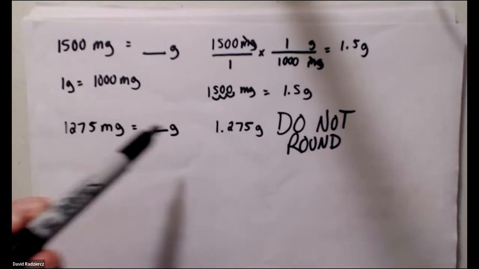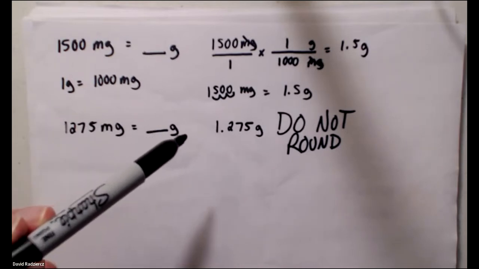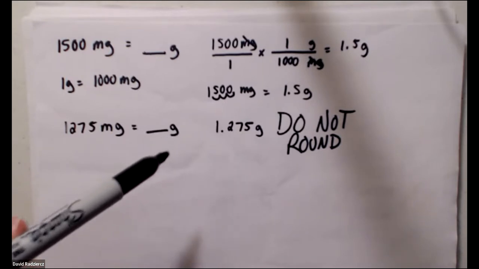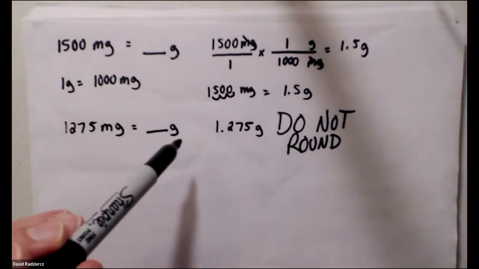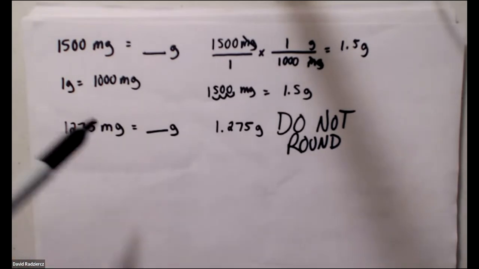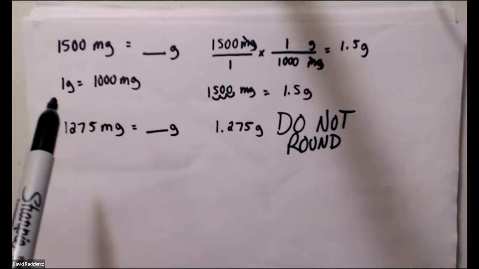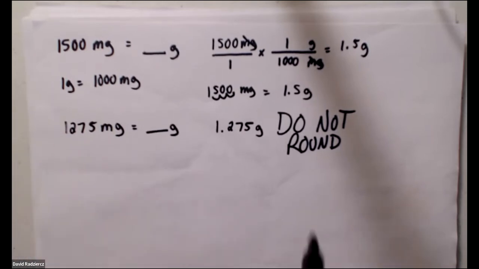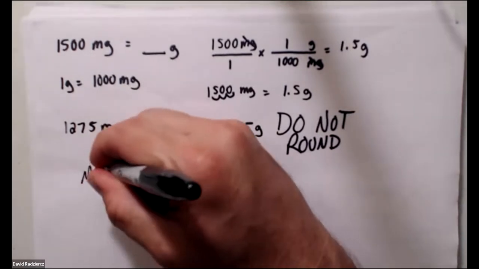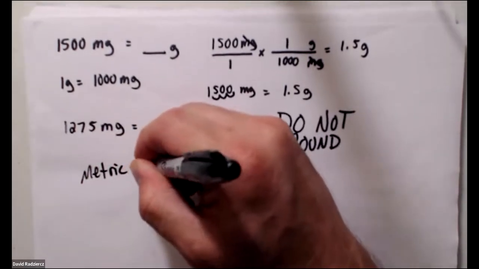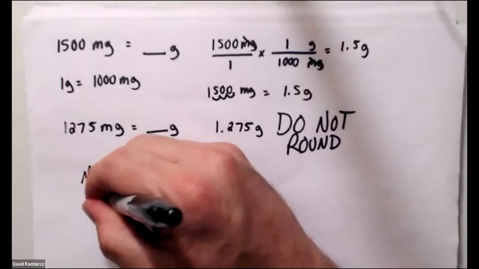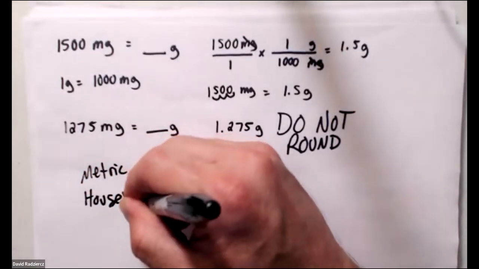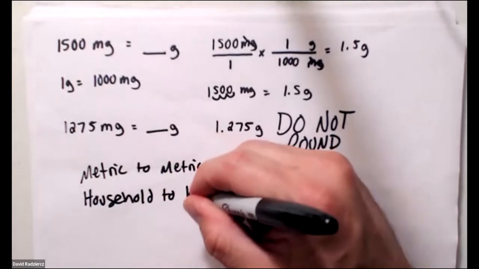You don't round when you're just doing basic unit conversions, but when you're constantly being told, make sure you round, don't forget your rounding rules, you get conditioned to round these things when you're not supposed to. So that's why I'm telling you, when you're going metric to metric, and this should apply, and I'll let you know if it isn't, and if I go household to household